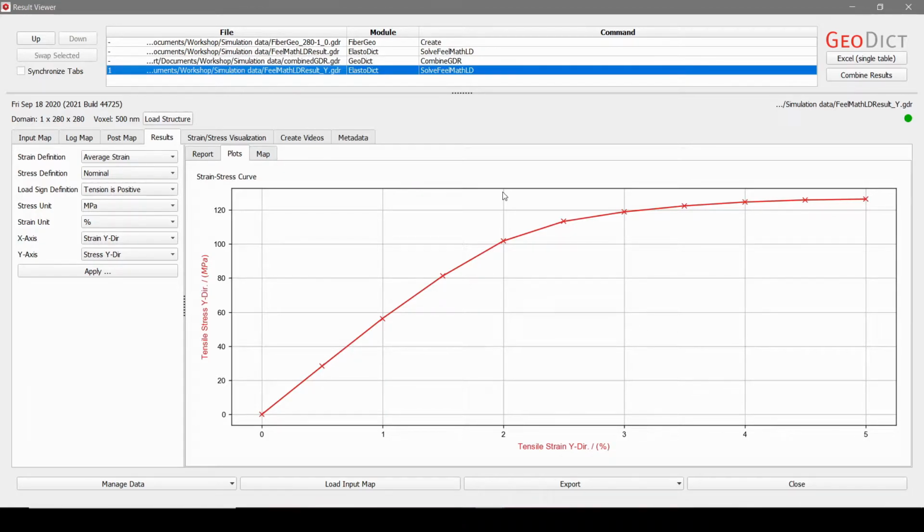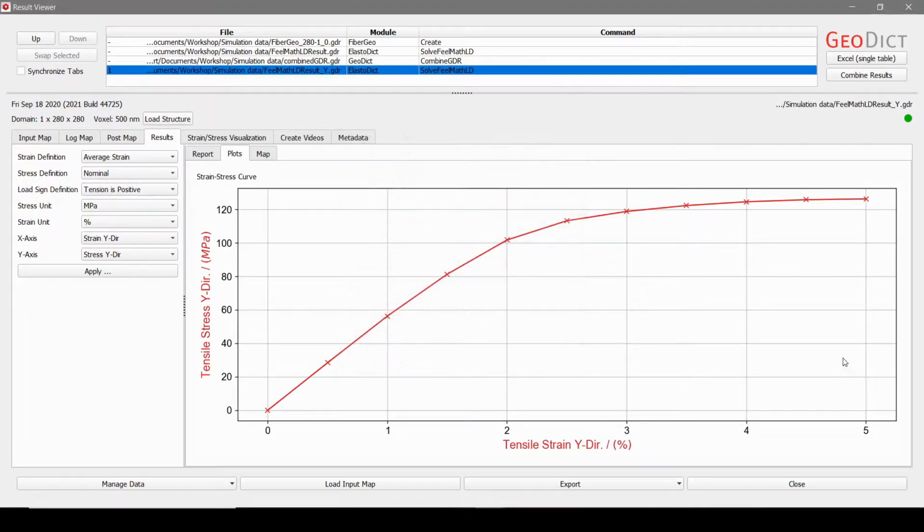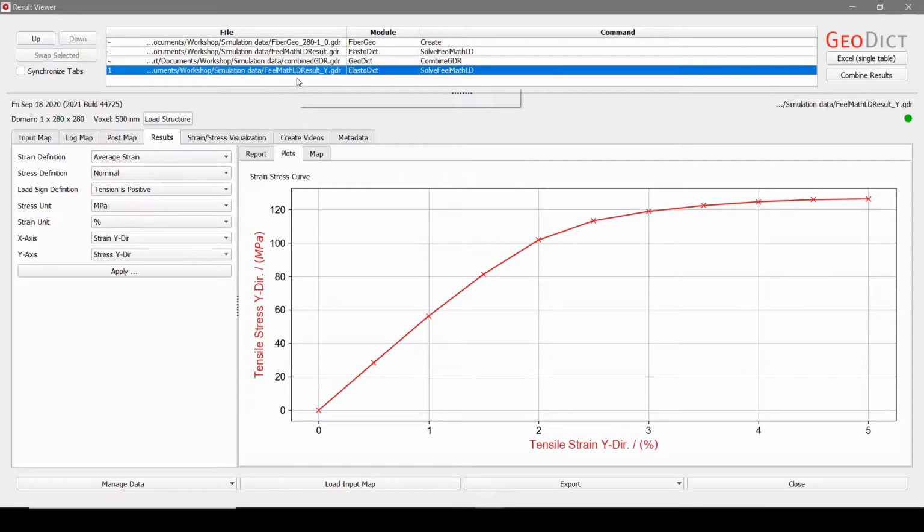If you want to save the plot, make a right click. And there you can either save an image, copy the plot to your clipboard, or save the data pairs as a text file. You can also edit the plot settings. For example, you can change the font size to, let's say, 14 and 12. And by that you make sure that all the fonts have the right size if you want to use the plot in the presentation.